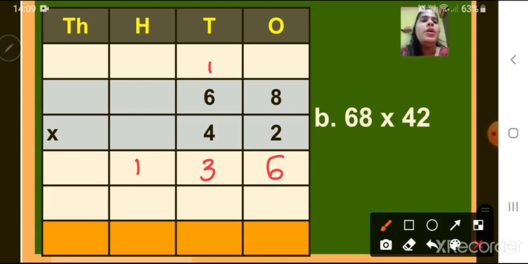Now number 2 we have multiplied with 68. Now we are going to multiply number 4. Because 4 is in the tens place, we have to write here 1 0 first before multiplying. Now number 4 we are going to multiply first with number 8. What is 4 eights? 32. Now children, there is a carry over. Correct? Because we got a 2-digit number, 32. There is already a carry over written here in the tens place.